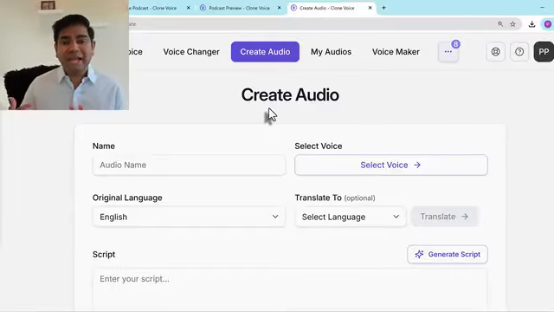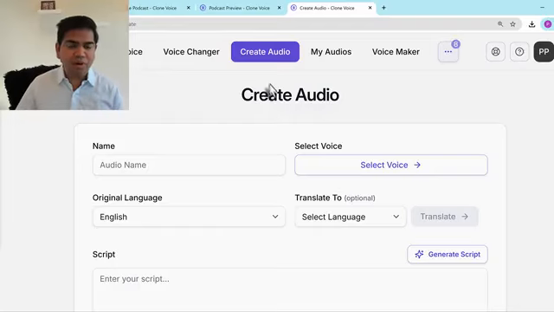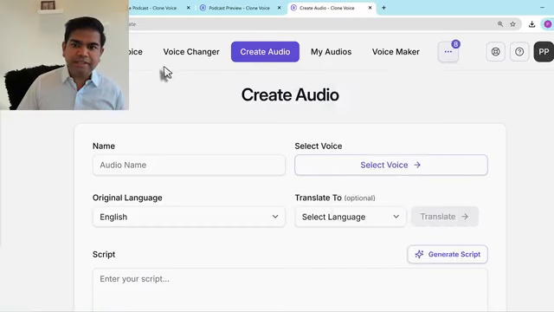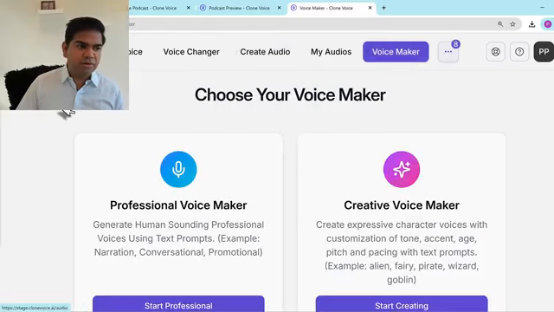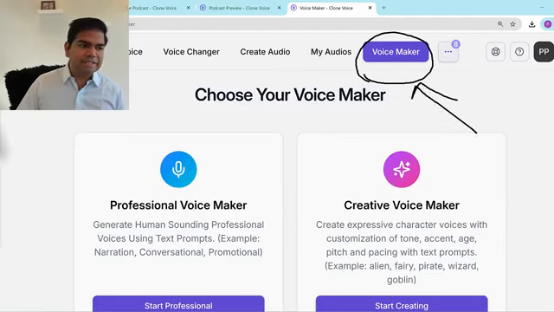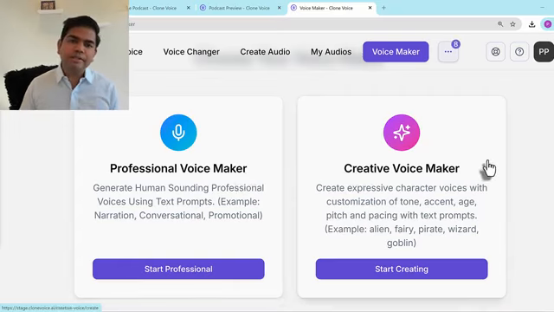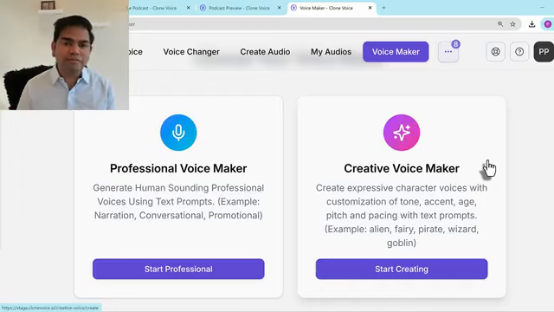Now, let's say you don't have a perfect voice to clone. Maybe you don't even want to clone a voice. You want to generate a voice from scratch, right, with a simple prompt, then the best feature for that, okay, is our voice maker feature. Okay, you see this voice maker feature on the top. I kind of zoomed it in so you can easily see it, but you see the point, right? So you see this professional voice maker and then creative voice maker. So I'll go into these step by step. Again, I'll zoom in on my screen and show you how this works, with some demo audios created from a prompt.